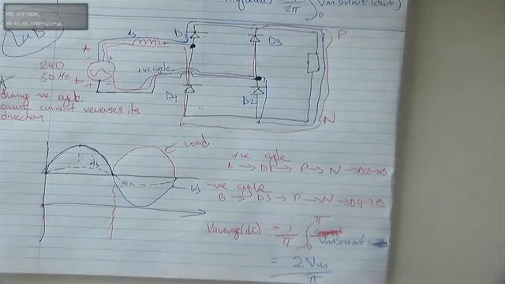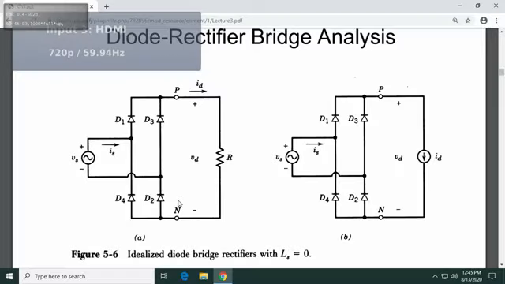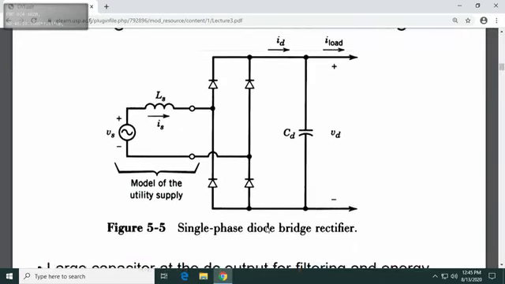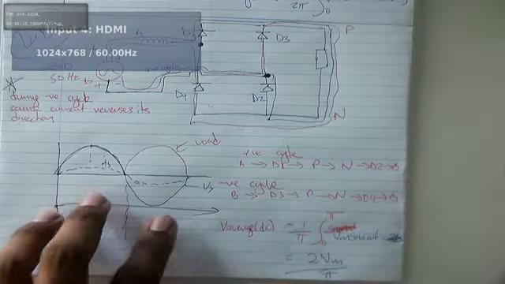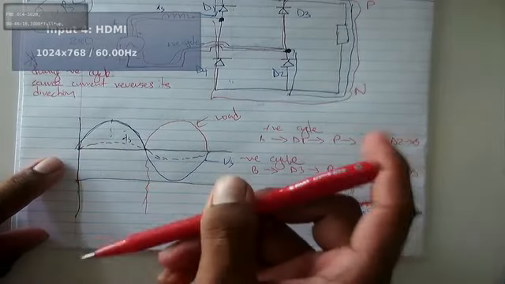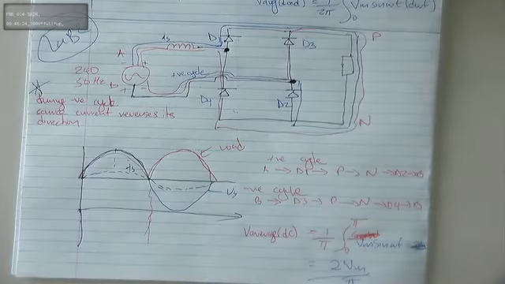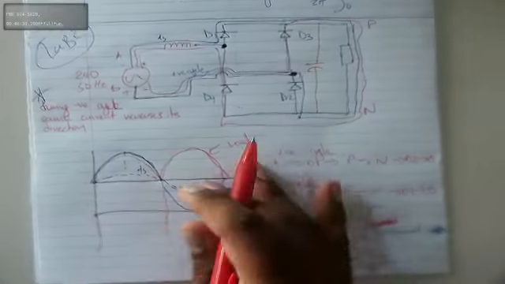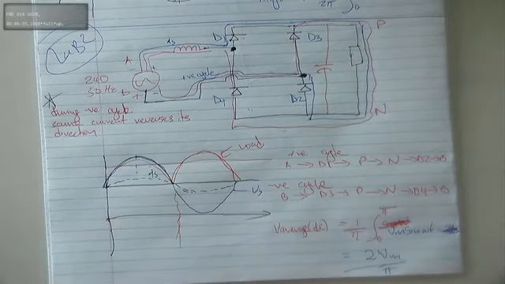We have 3 minutes. Let's see what the lecture note says. You know about the capacitor, why we are going to put a capacitor. Now the output is like this. This red is the output. Do you think this is the ideal output for DC? So if we put a capacitor here before the load, this will immediately become a constant DC, just by putting a capacitor.